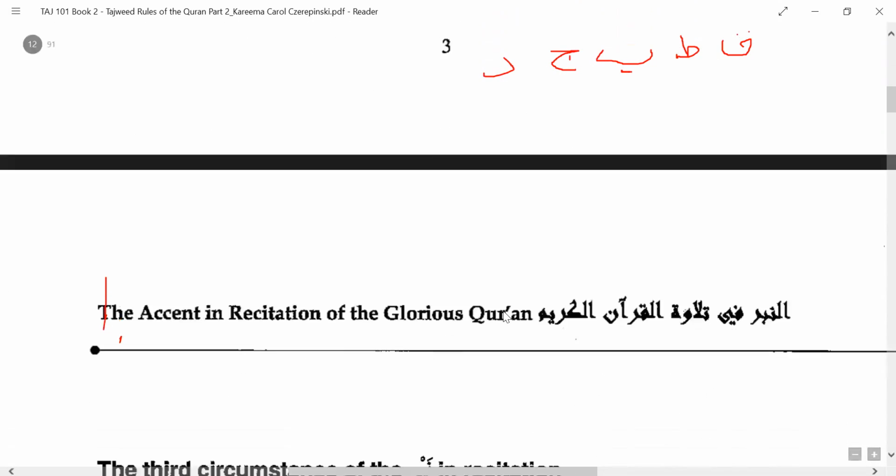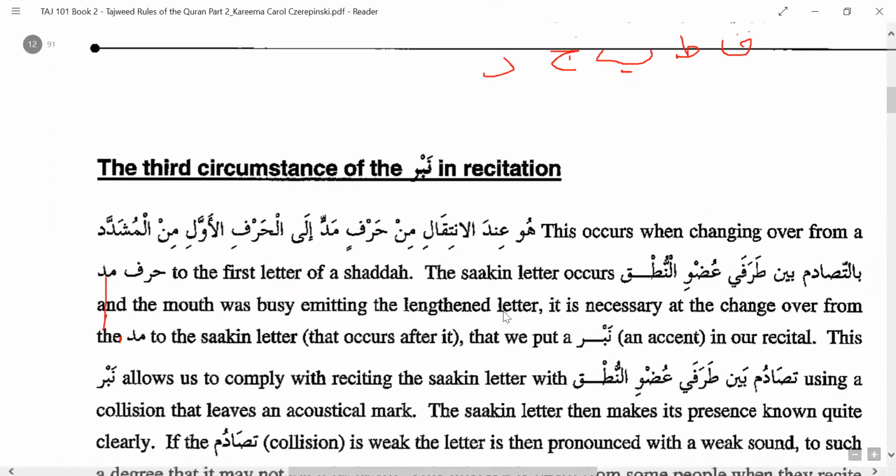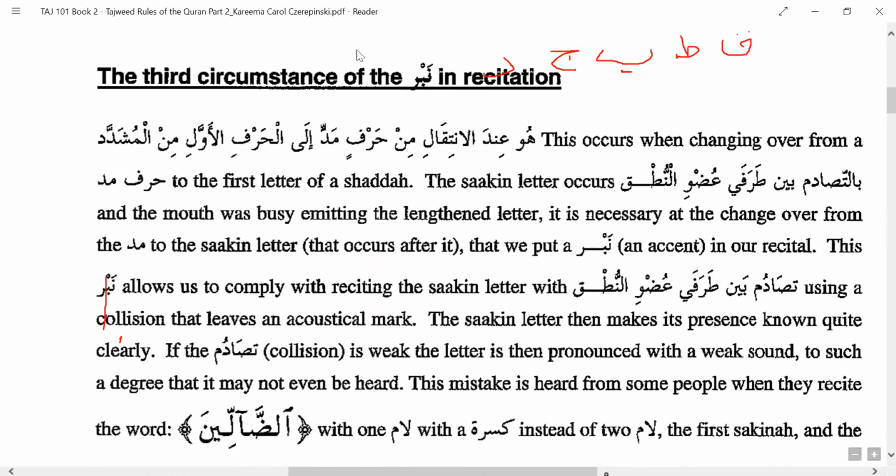Is that manageable enough? You all want to continue, or we can end the session? We have 5 cases total of nabr. We have completed 2. If you don't remember, take down notes, read them again, 5 times, 6 times, and inshallah you will not forget after that. I can do one more because I want to keep the sessions short so that everyone else later on can watch as well. Plus little by little it will be easier to remember, to practice, to revise. So I will maybe do one more, and then we will end the session.